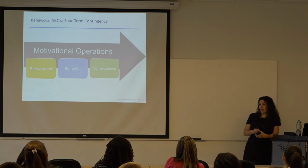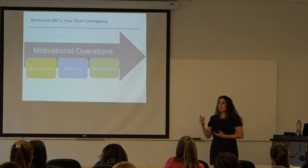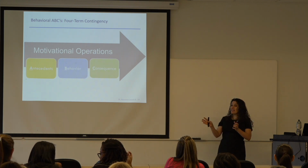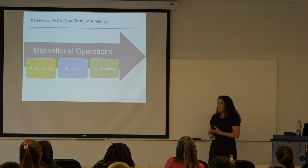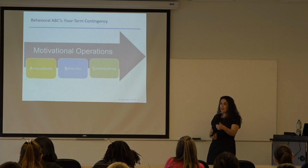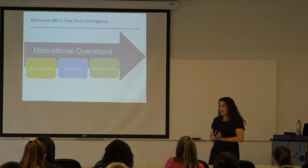Generally, I will wait the 30 seconds, because if we're conceptualizing it as an escape-based function, the break acts as an escape, right? If you want escape from this, you're going to get 30 seconds of no food after taking that bite. So then you can get a break, right? So it's always important that whenever there's a function maintaining a behavior, if it's escape, it might be appropriate to escape a task like brushing your teeth, right? If a child hits their parent because they don't want to brush their teeth,